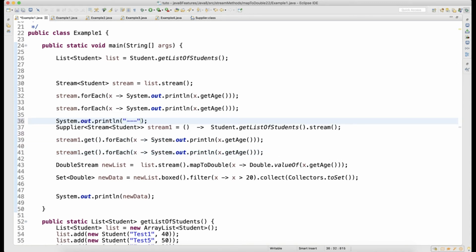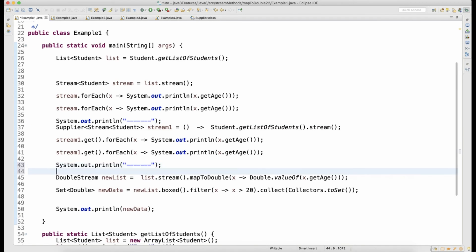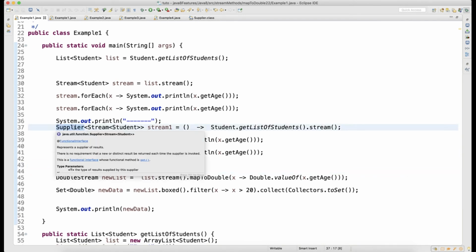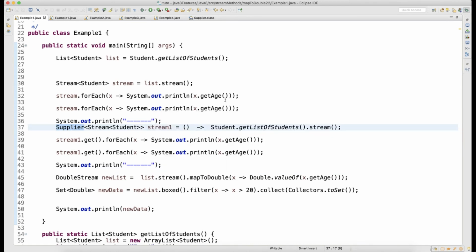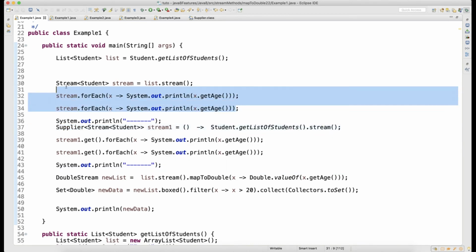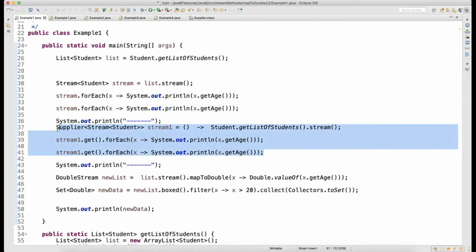So sometimes people will ask you, if I want to process the same stream, what will happen? You say that you will get an exception. If you want to do that, you need to wrap your stream into a supplier, and then yes, you can do that. So now you can see that this one will give you an exception, and this one will not give you exceptions, guys.